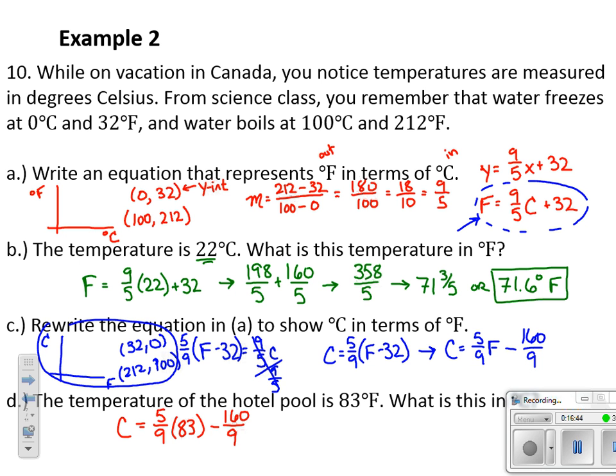All right, and what that's going to equal is 5 times 83, which is 415, minus 160 over 9. Okay, luckily that keeps a common denominator. And 415 minus 160, oh, what would that be? 255 over 9,